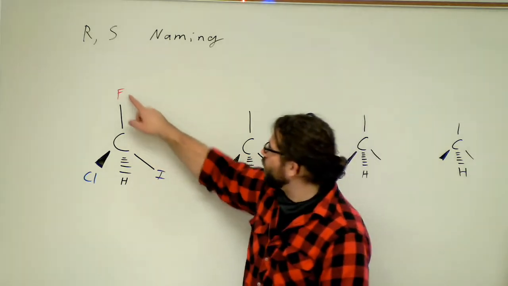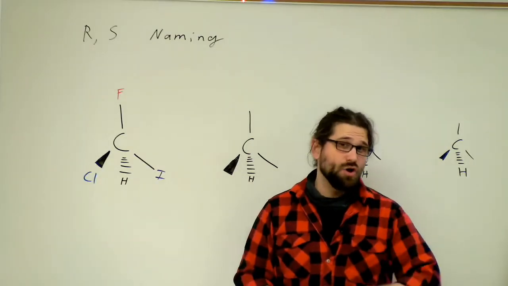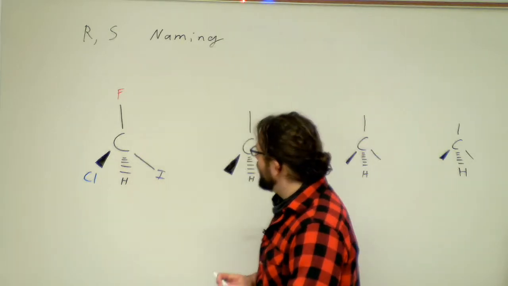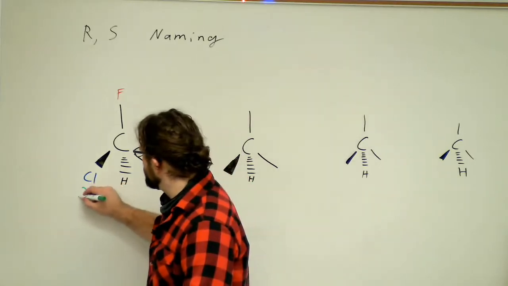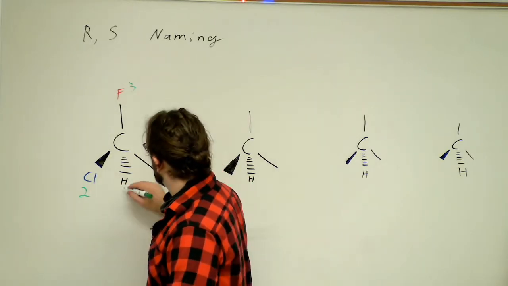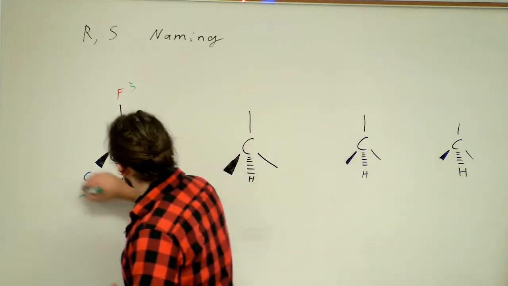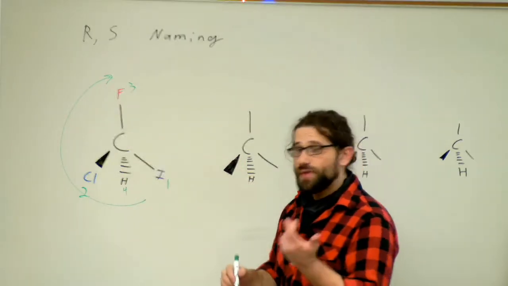So first, fluorine, iodine, chlorine. Fluorine has an atomic number of 9, chlorine 17, iodine at 53. So iodine clearly comes in first, chlorine comes in second, fluorine comes in third, hydrogen fourth. So I can see that I'm going clockwise. So I'm going to the right here. So that would be the R